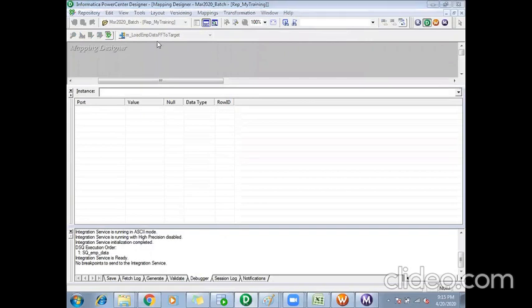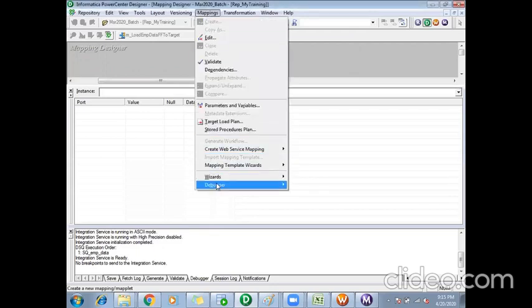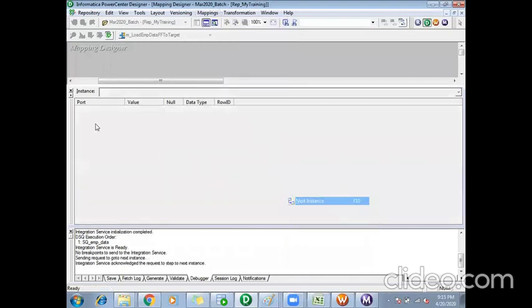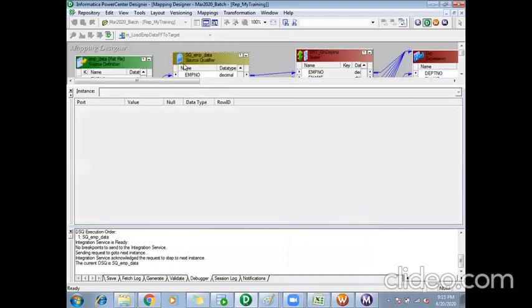Again, you can go to the mappings tab here. Now I'll say debugger, next instance. When I say next instance, or I can press F10 also. I'll say next instance. So what happened? Can you see this?